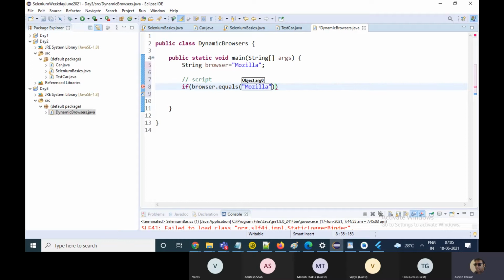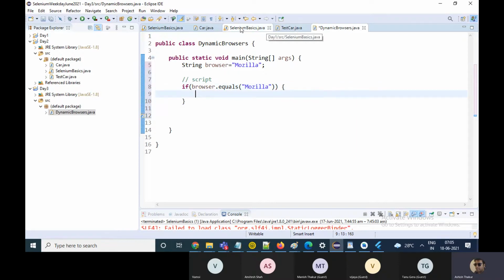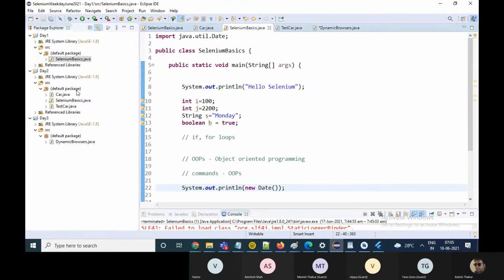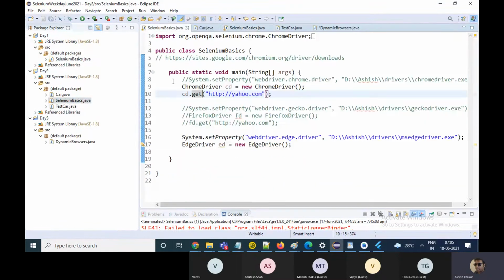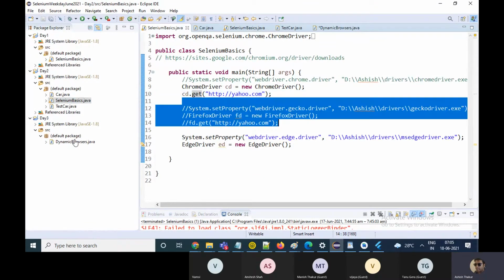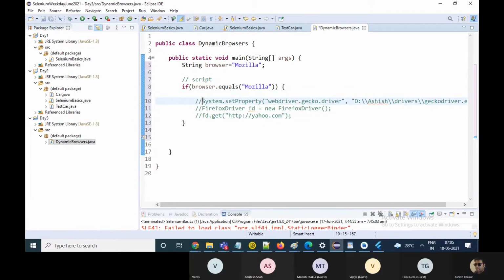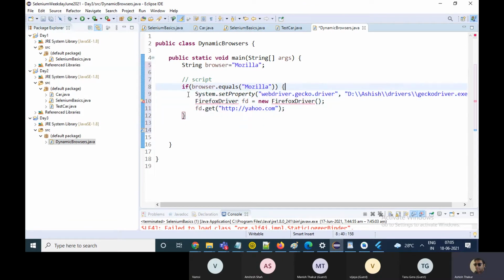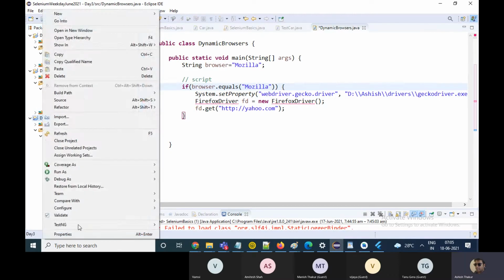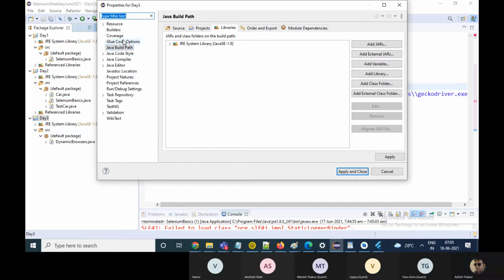Okay, if I write if the browser is Mozilla, then you go forward and write the code for Mozilla, that is this particular code to initialize your Firefox driver. Okay, I'll have to add the jar files. Hold on.